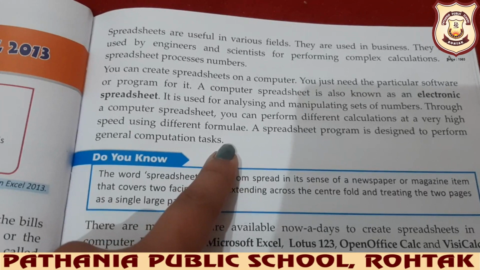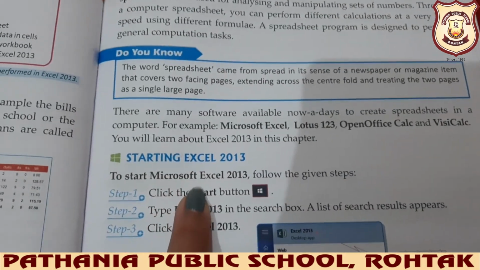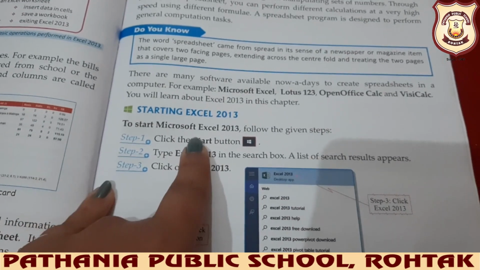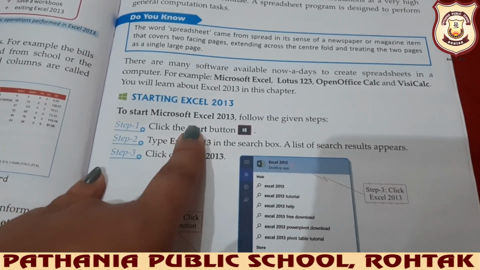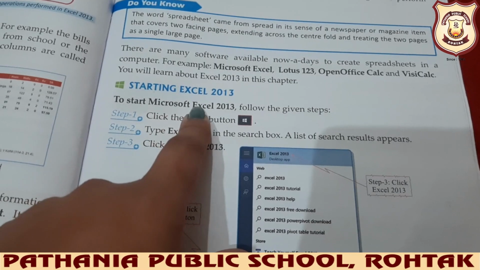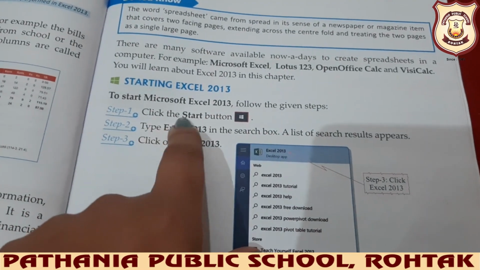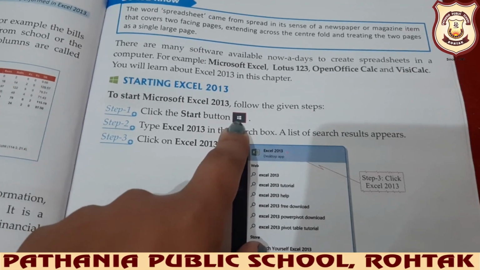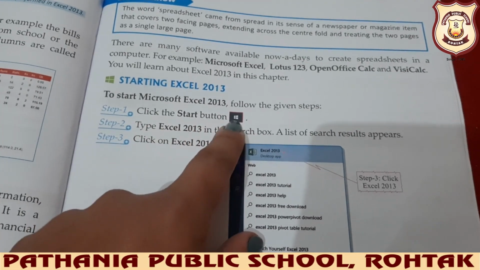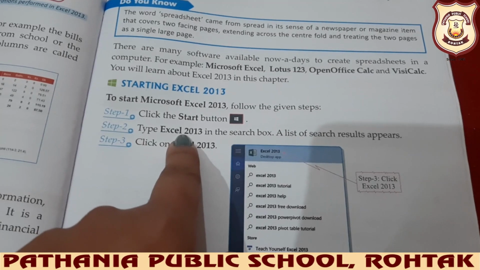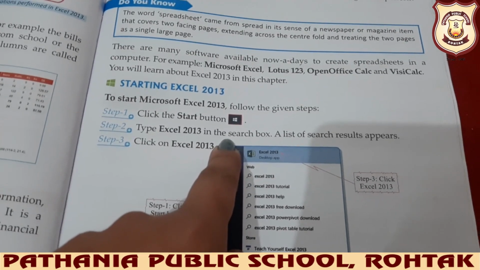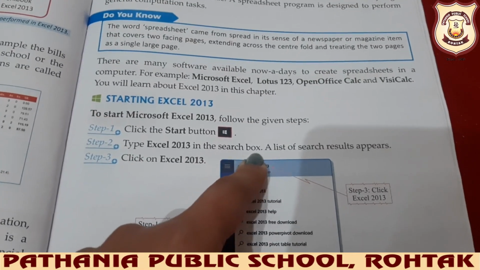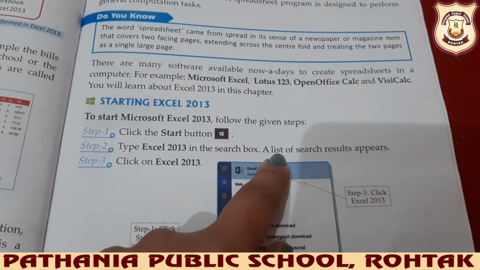Okay, now how can we start Excel, how can we open Excel? There are some steps given to open Excel. First of all, you have to click on MS Excel. Now click the start button on your desktop, then type Excel. Or whenever you click on Microsoft Office, in that package also you will see the Excel software.